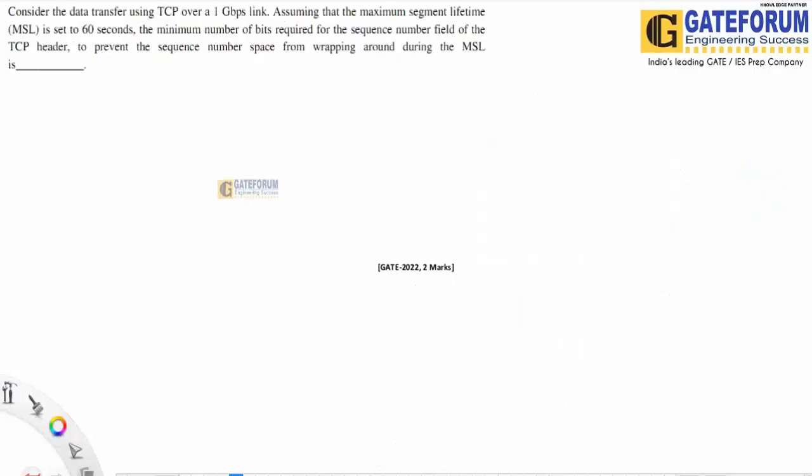Welcome back with one more great question which was asked in GATE 2022 from the computer networking stream. So here you are given a data transfer of TCP using 1 Gbps, and the maximum segment lifetime is 60 seconds. What is the minimum number of bits required for the sequence number field of the TCP header to prevent the sequence number space from wrapping around? So basically, they are asking about the minimum